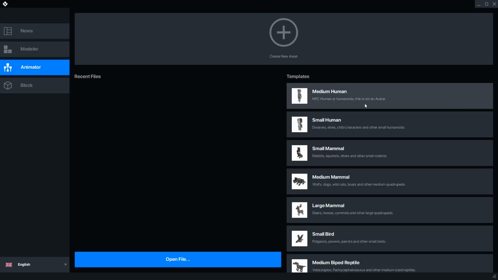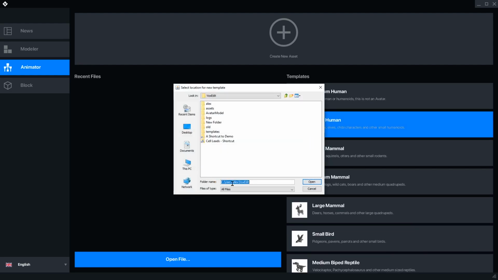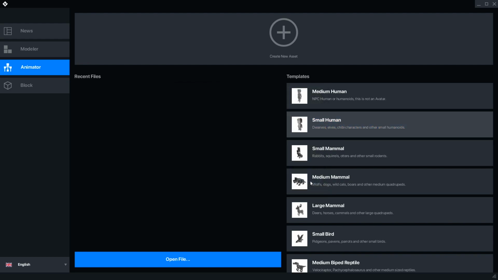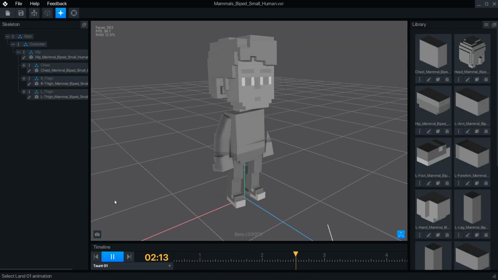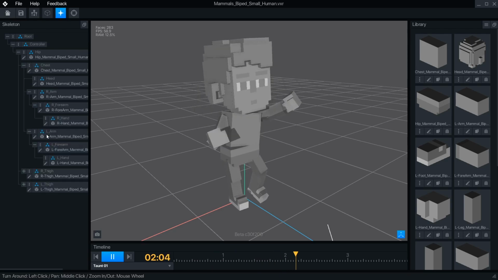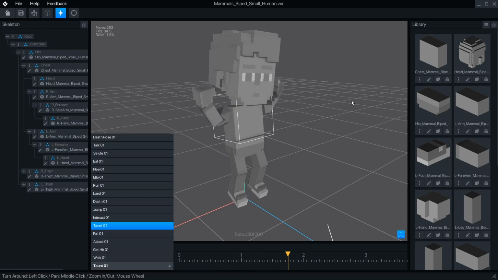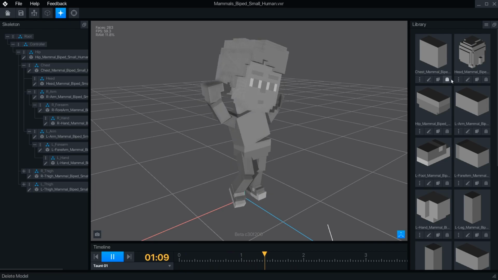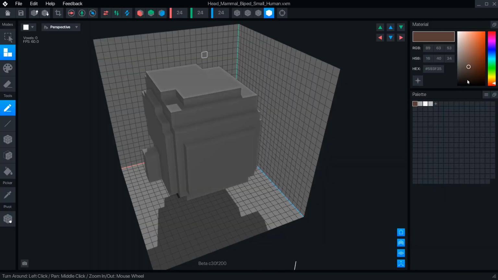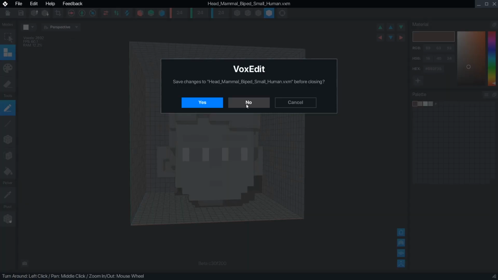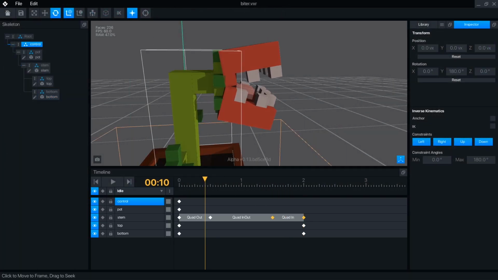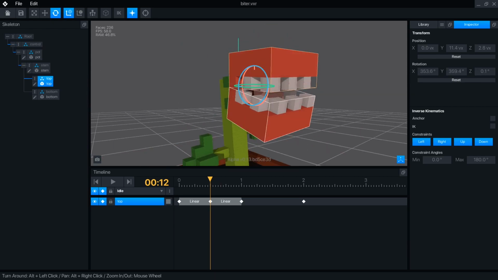From the Animator tab, we can see there is also a list of templates available. These figures are built specifically to work in the GameMaker. Clicking on one will prompt you to create a new project folder. An animated project should have its own unique folder to prevent conflicts. Template mode in the Animator allows you to see the skeleton structure, play the animations, and edit the models. Clicking the pencil icon will open a VXM in the modeler, and clicking the Home button will return you to the Animator. The full Animator mode is available when creating a new rig file.